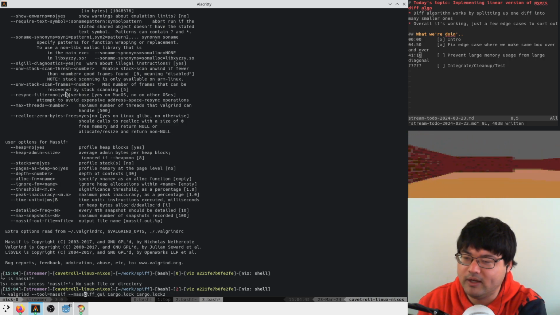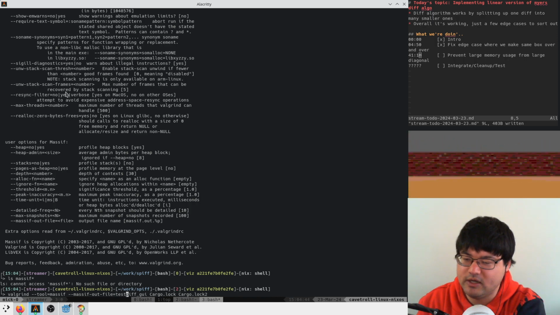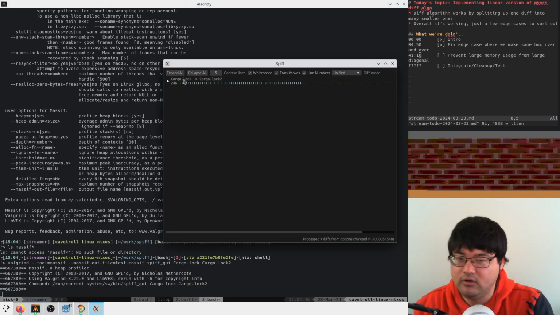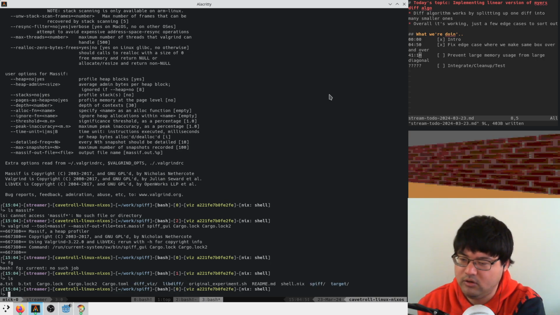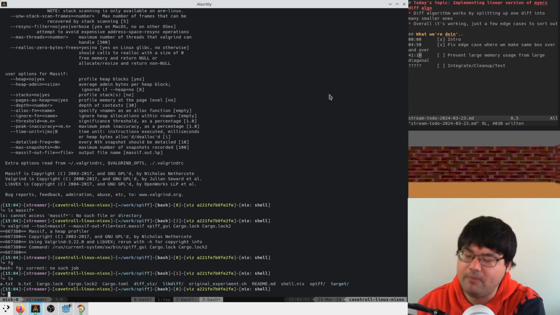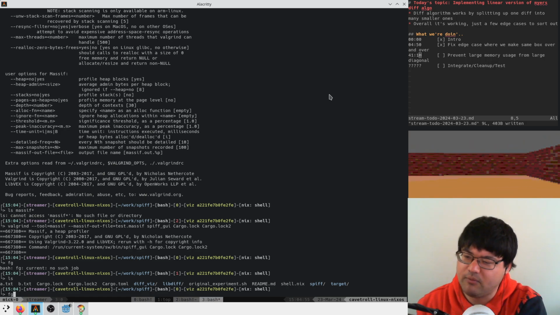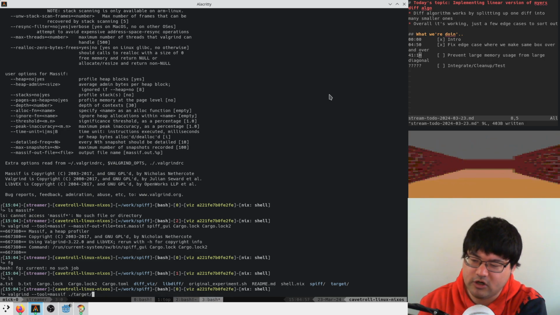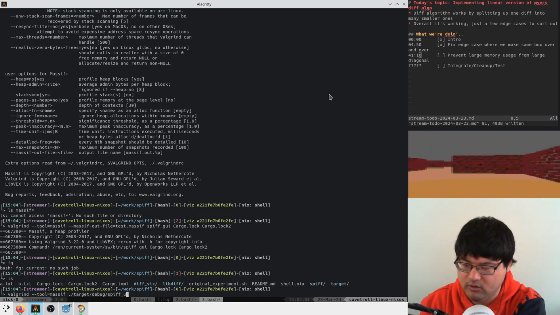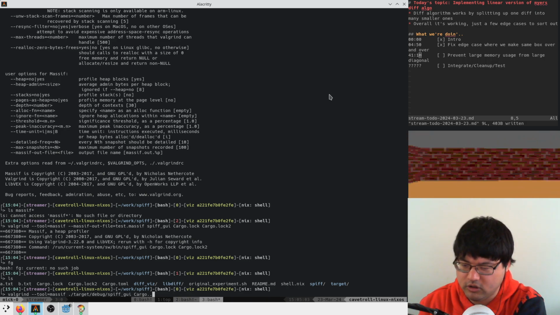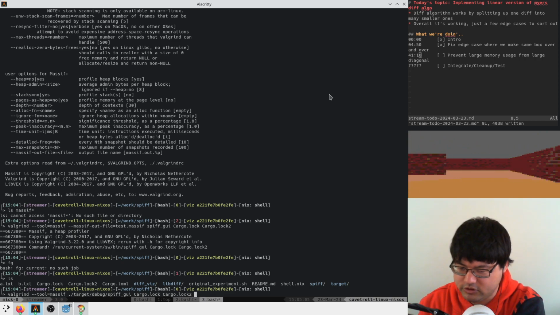Massif out file equals test massif. Maybe it's because there's no debug symbols. If I run target debug spiff GUI on cargo lock and cargo lock 2,